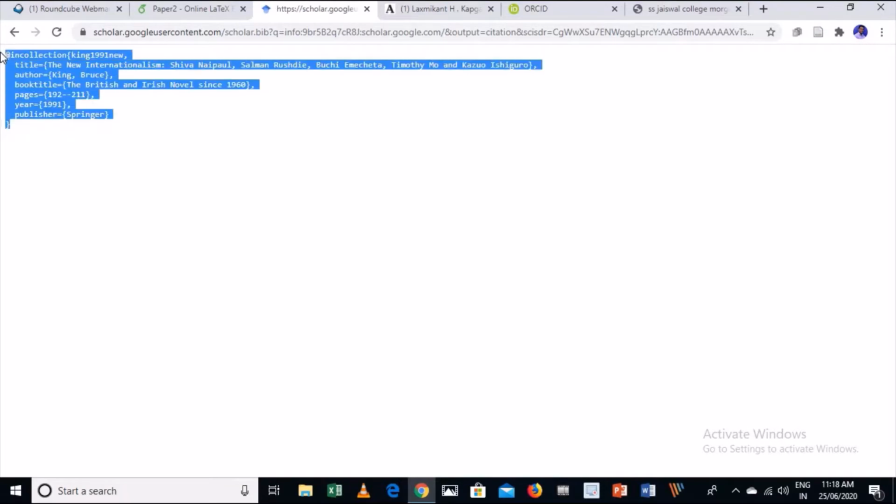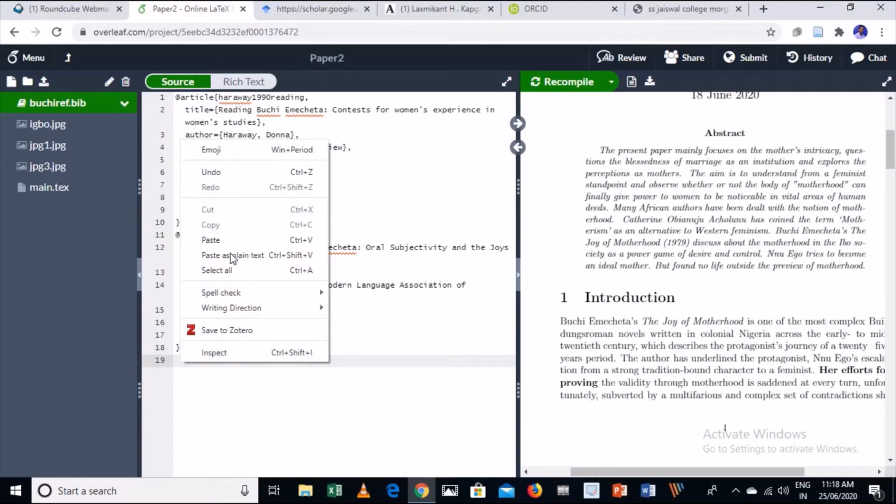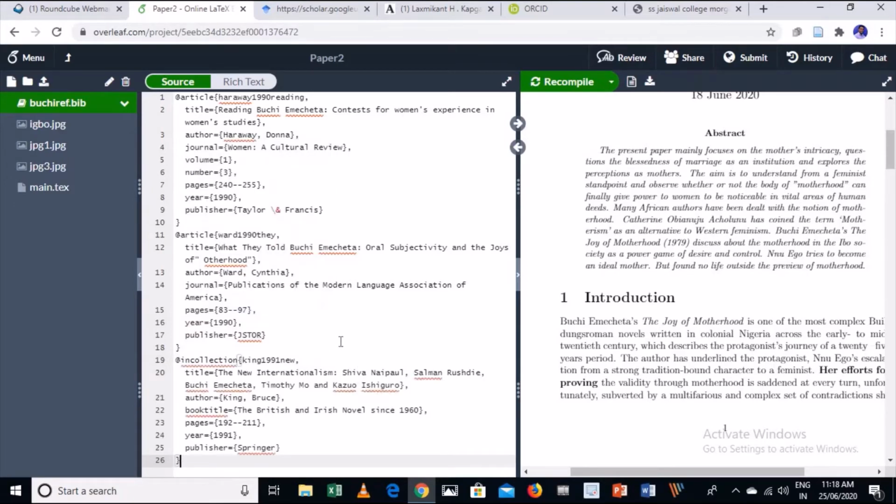So three references I have added. Now see, in my file there are three references. One is an article, Harvey 1990. The second is an article, Ward 1990, and the third is in collection, King 1991.